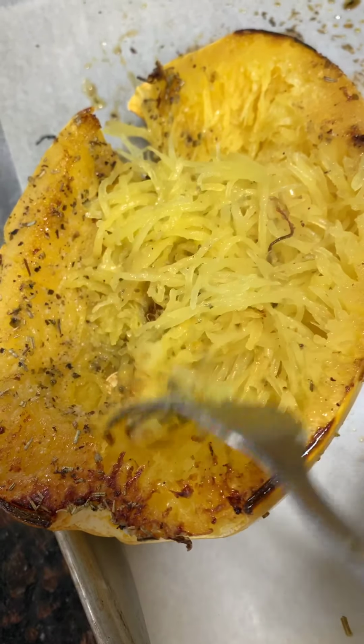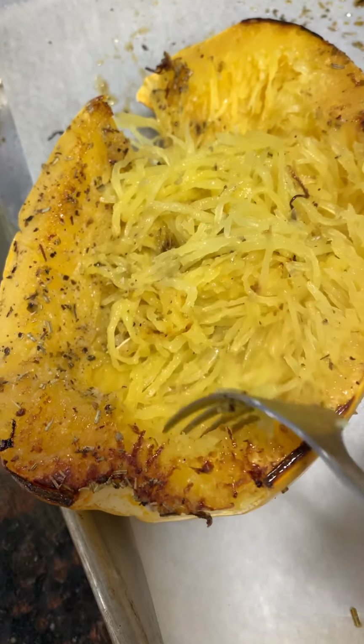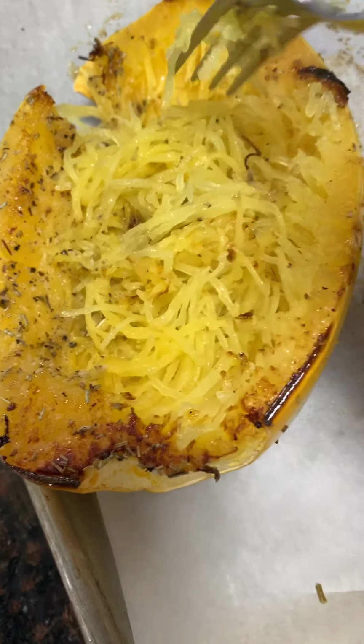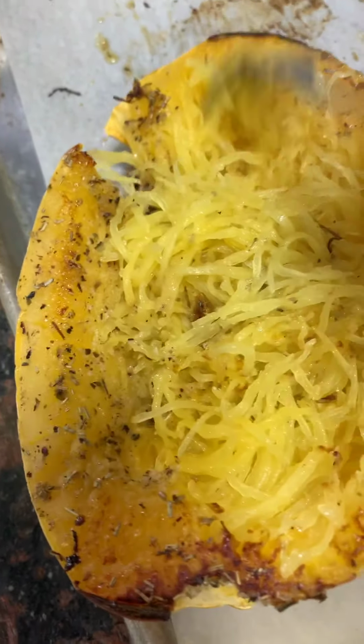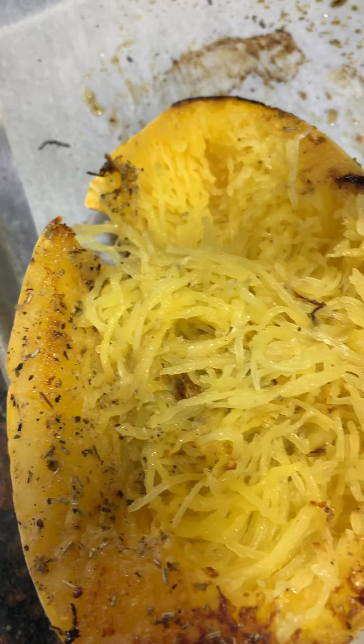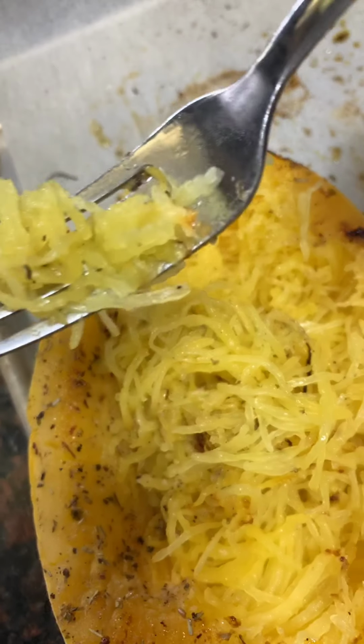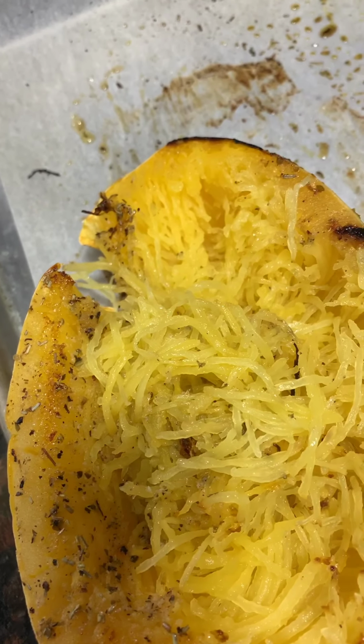Okay, so you just keep scraping and scraping. I have a seed in here, so I gotta make sure I get that out. And just keep going, and before you know it, you have spaghetti. And let me take a taste of this. All right, it's hot, and I like it hot like this. See, I'm about to see how it looks like spaghetti. Now,